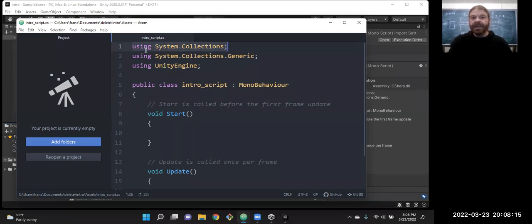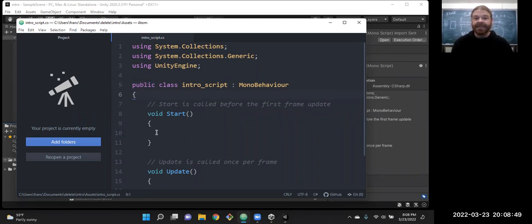Using is our keyword to import a library. So we're going to use System.Collections, which they expect we're going to need, and we're going to need the UnityEngine library. C# is an object-oriented language, so everything we do in C# has to be part of a class. We probably want to access it, so we do have to explicitly say that it's a public class. That way it's accessible.